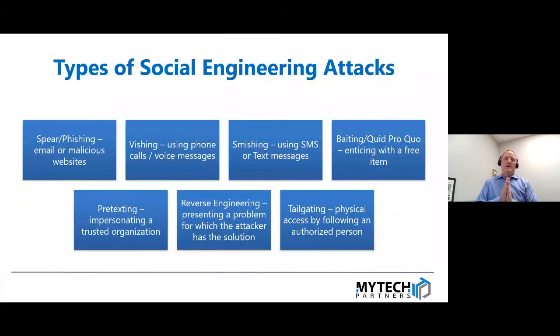All right. So I'm going to go into each one of these in a little bit of detail because the summary doesn't always do it justice. But a quick summary: spear phishing or phishing is typically employed via email, or maybe by linking to a malicious website, like, for example, a fake Office 365 authentication page, or just an email that asks for information to reply, or your bank, something like that, right? So that's the one type of social engineering attack, spear phishing or phishing.